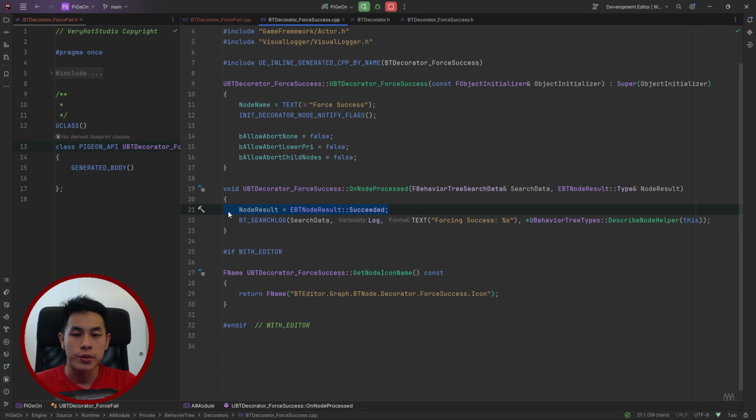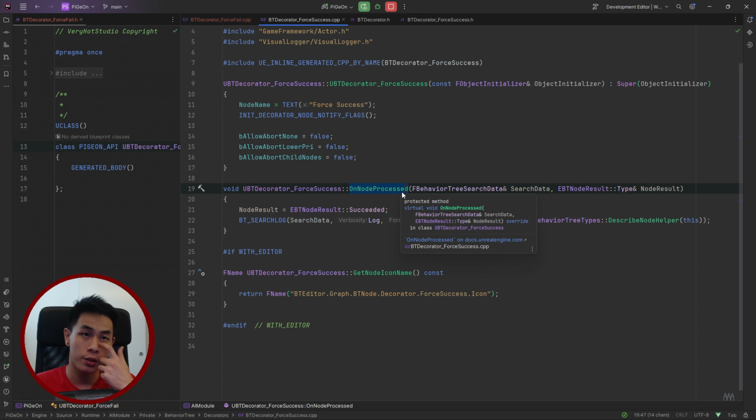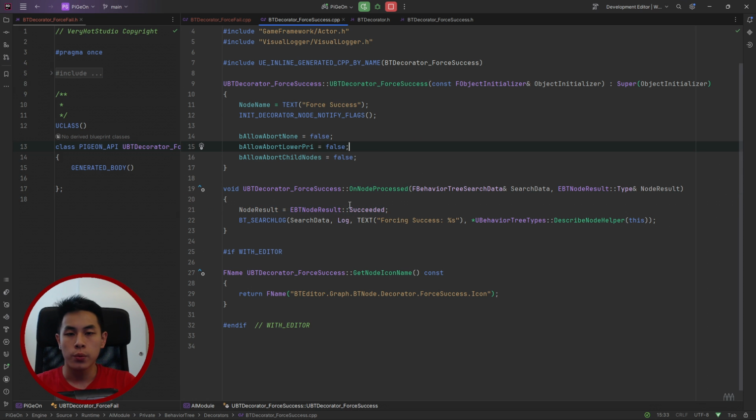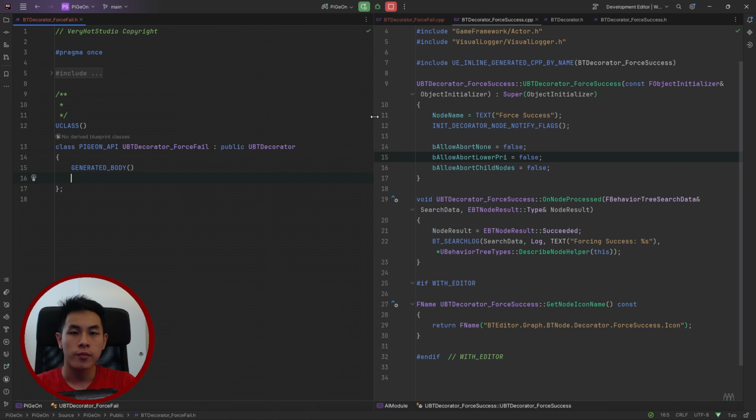This is what we are interested in, so we just copy that and we change it to failed, and we have force fail. Easy. This onNode process, it's called at the end of the node processing. So if you have the wait node that waits for 5 seconds, it will start, then it will wait 5 seconds, and at the end onNode process will be called, changing the result. So it won't change the result immediately to failed and abort immediately. So it will wait till the task finishes, and then it will change the node result. So with that in mind,